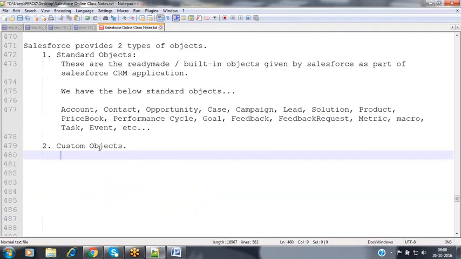Then what exactly are these custom objects, and when can we go for them? Custom objects are nothing but the tables created by us, the developers or the administrator of the organization of that application, where we can store specific data related to my application. Related to my banking, I want to store my customers' information, so I need a customer table. I need to store transaction details, so a transaction table is required. I want to store check information details in a separate table. Like that, for finance I want a different set of tables, for manufacturing a different set of tables, and for construction a different set of tables.